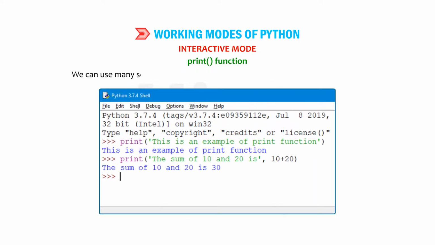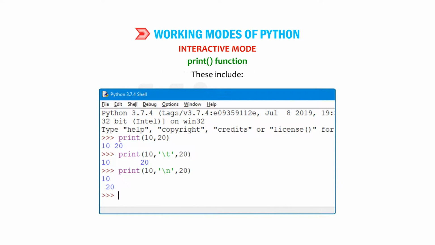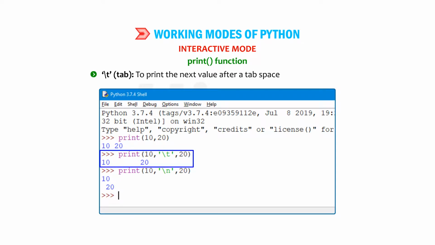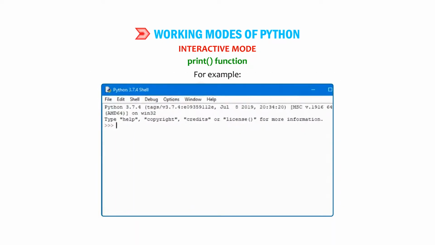we can use many separators with print function to format the displayed result. These include comma to print the next value after a space, \n inverted comma, new line to print the new value in the next line, \t inverted comma, tab to print the next value after a tab space. One tab equals to 5 spaces. For example,